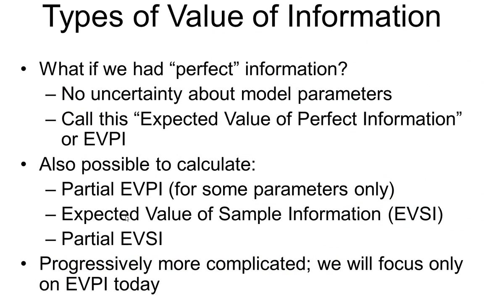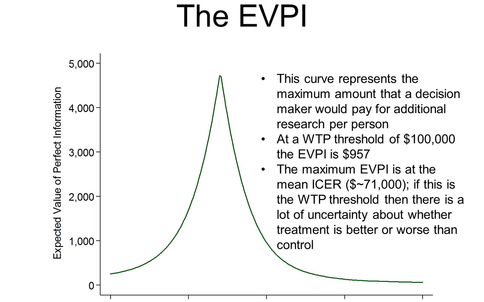Each of these is progressively more complicated. I'm only going to talk about EVPI today, and I'm really just going to show you an EVPI graph. And they tend to look something like this. So on the x-axis is the willingness to pay threshold, and on the y-axis is the expected value of perfect information. And what this curve represents is the maximum amount that a decision maker would pay for additional research per person to get perfect information. So if the willingness to pay was $50,000, the expected value of information would be somewhere